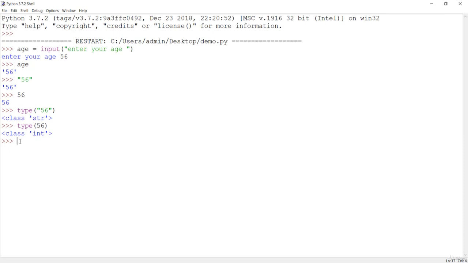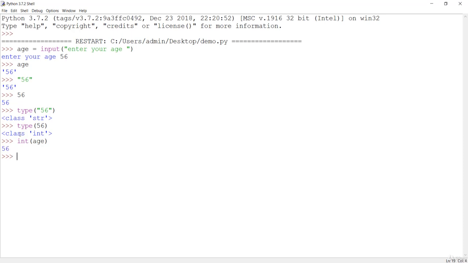So now all you need to do is type conversion, or typecast, this string to an integer, because we want 56 not as a string but as an integer. In order to do that, we have a couple of methods for type conversion. If I say int of age, you can see that the age, which was a string, has been passed into this int method to be converted from a string to an integer.